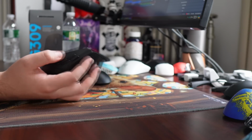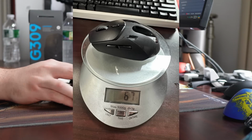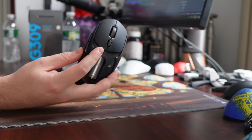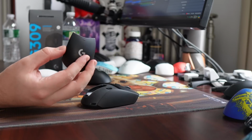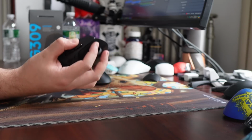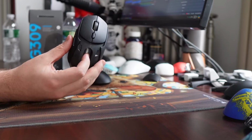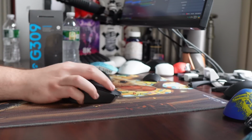I can't say that this is just an awful feeling mouse. Is it modern feeling? Not really, but you can get it all the way down to 67 grams if you fingertip and remove this piece of plastic. I can't believe this thing weighs 5 grams. And you can honestly claw it, but I don't like the way this feels for claw, especially in game. But as long as you're not making palm contact in the little battery cover, it will feel all right